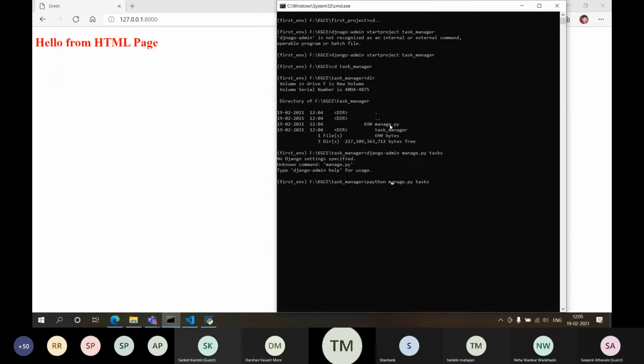So python manage.py startapp task. Python is not recognized. I'm making some mistakes over here. Okay. After so many mistakes, I finally have created a project and an app inside it.